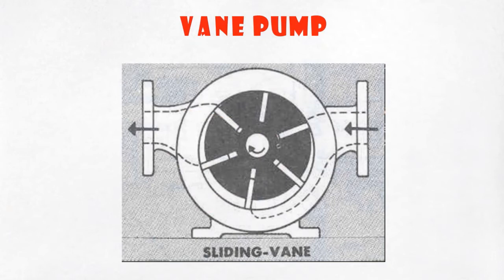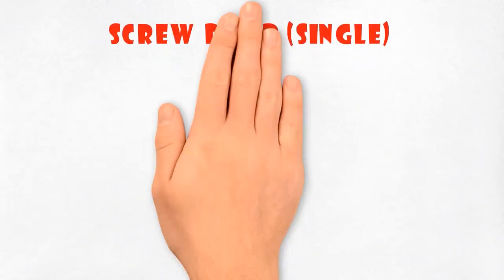This is the vane pump, or you can say sliding vane pump. Sliding vane pumps have vanes that are thrown against the casing bore. When the rotor turns, liquid trapped between two vanes is carried around and forced out into the discharge line. Sliding vane pumps are rotary pumps used in many industries. Although they are generally used for handling hydraulic fluids or lubricants, vane types are also used for viscous materials.